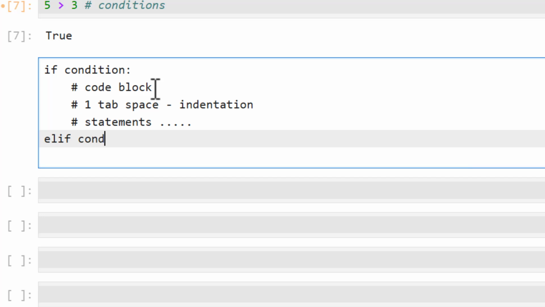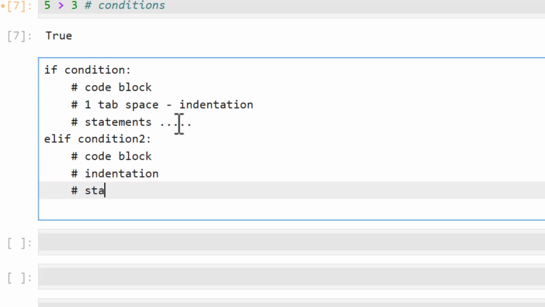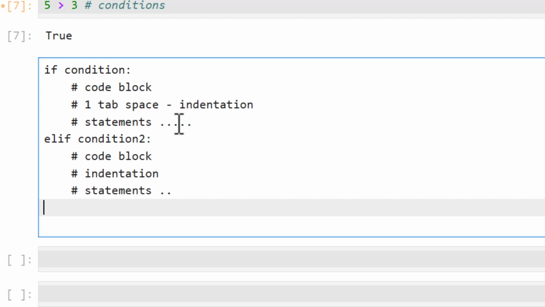Let's say this is my condition 2. We can write one more condition, and after that we have a code block, and we should always maintain indentation, followed by statements. Like this, we can write n number of elif conditions. Let's say if this is not satisfied, we can write one more